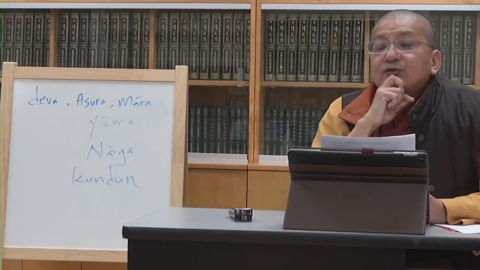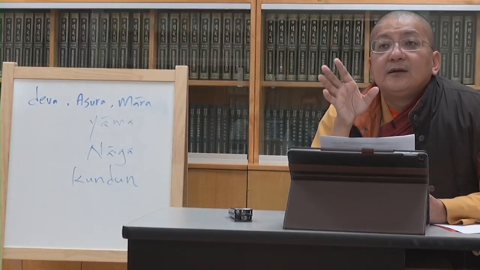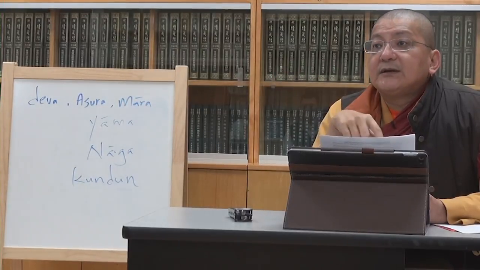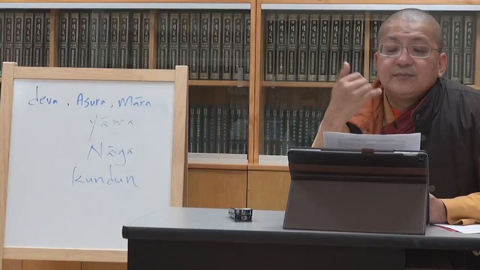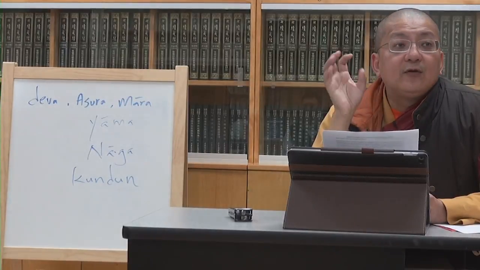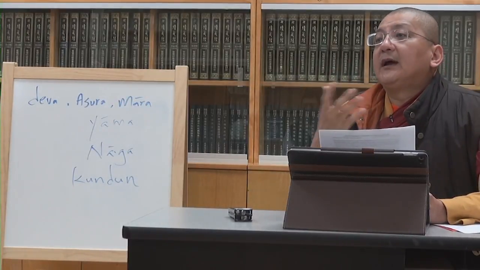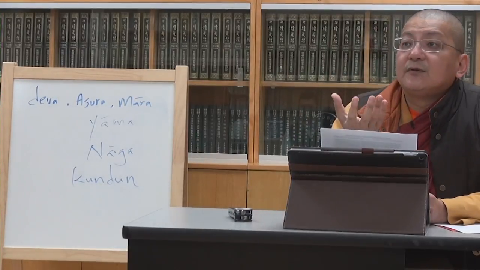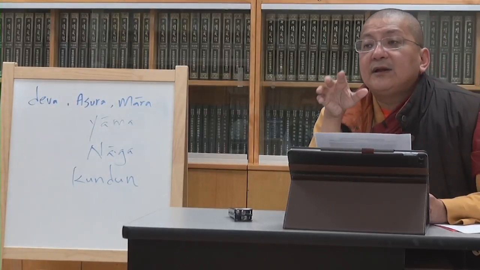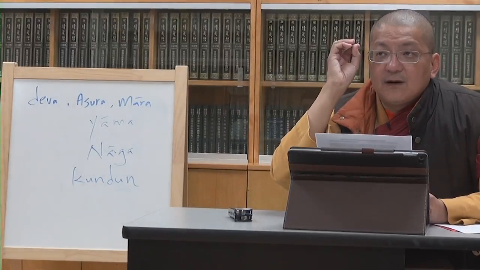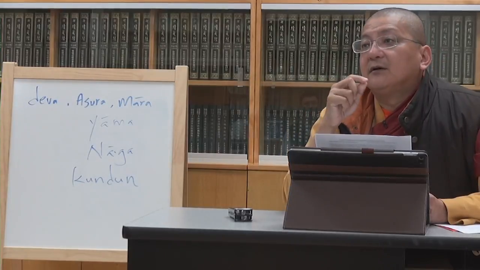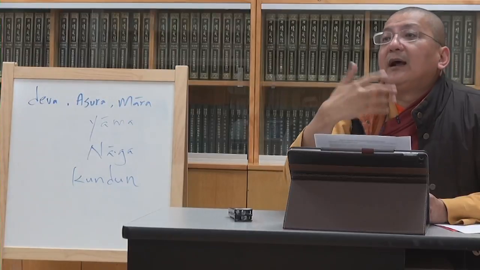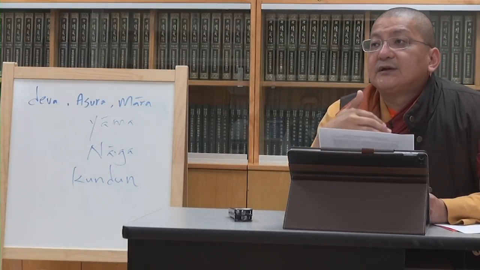Now, why I want to mention this to you is very important. When you learn the history of how the Bible was composed, it's very, very different from how the Buddhist texts were composed. Very different. Because the Buddhist texts were composed in such a way that, if you look at the whole history, it's much, much more reliable. If you argue that it was wrong, it would be wrong from the very first day. Otherwise, it actually is much more reliable, from when they started to compose the text.